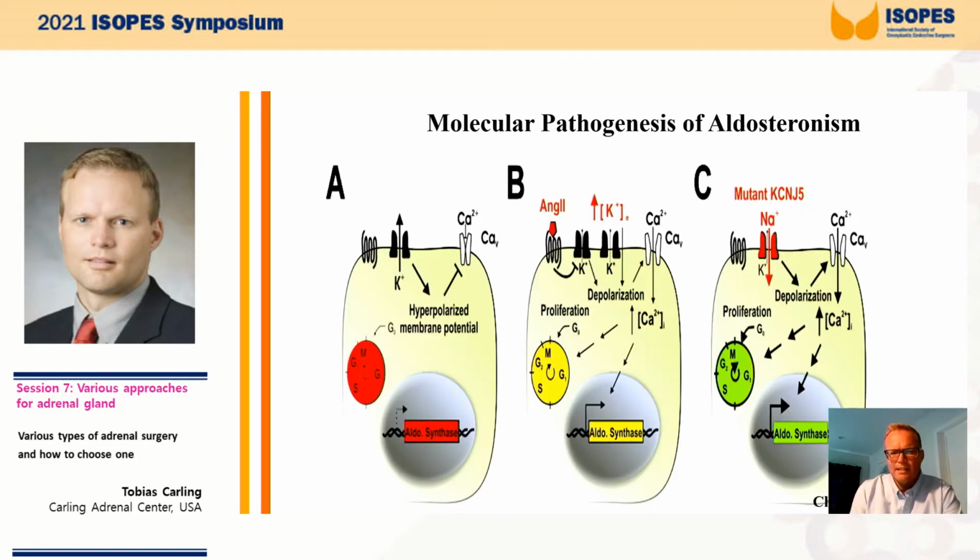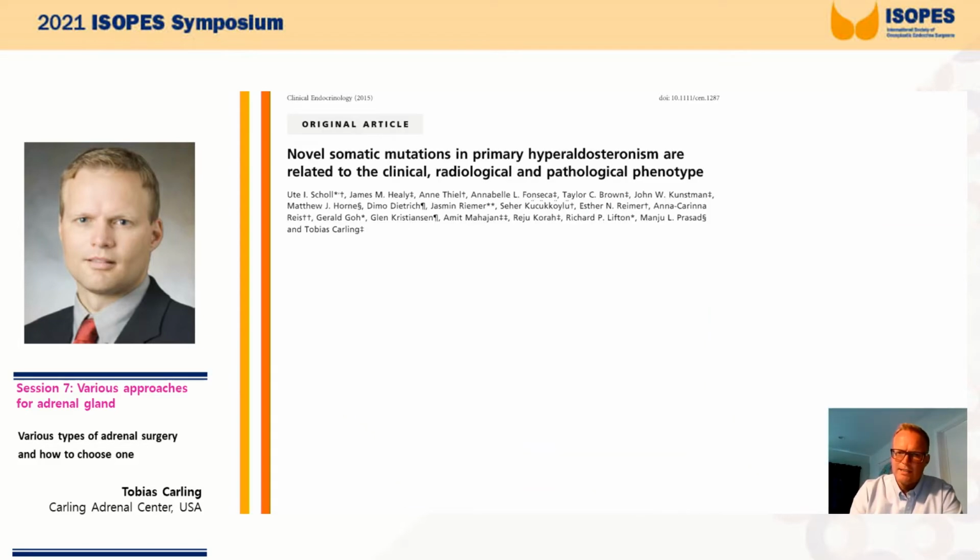Of course, understanding the molecular pathogenesis of adrenal tumor disease is absolutely crucial. It's been now 10 years since we published a seminal paper in Science identifying that mutant KCNJ5, which encodes the potassium channel in the adrenal glomerulosa cells, when mutated leads to influx of sodium, which leads to membrane depolarization, and then aldosterone secretion and aldosterone tumors. This molecular pathological work proved also important from a clinical point of view, since there is a genotype correlation with the clinical, radiological, and pathological phenotype, such that